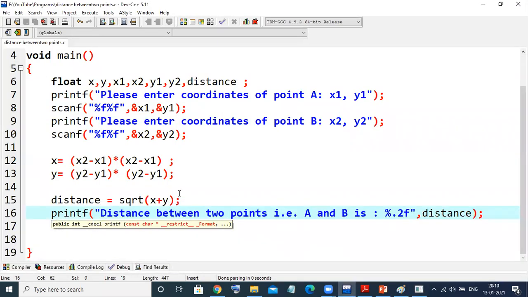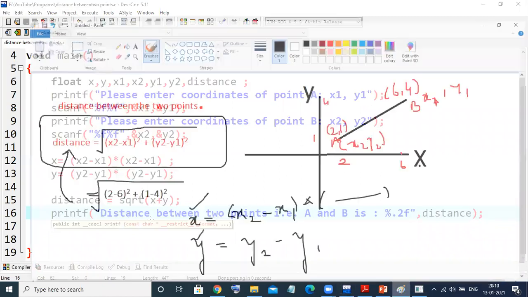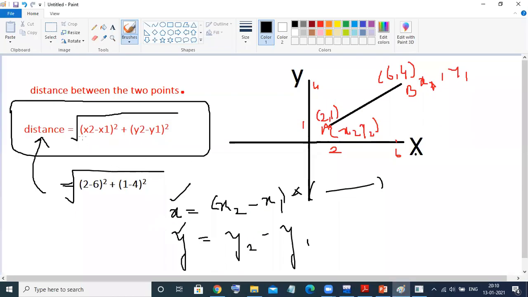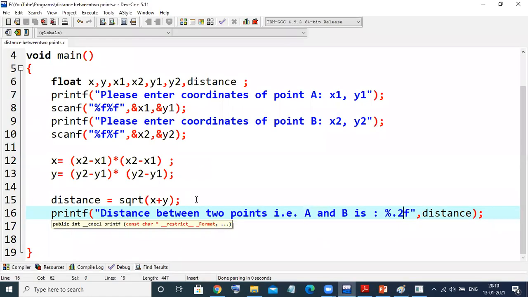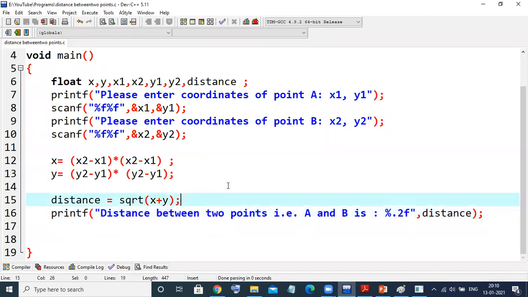Now I hope you have understood. We have seen the formula here. I've taken this value as x separately, and this y value separately, and put them in the formula like x plus y only. Otherwise, the formula will be a little lengthy, and you can do that also here. I hope you have understood this.